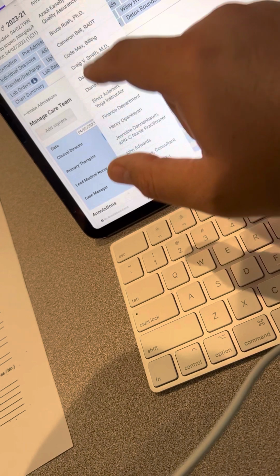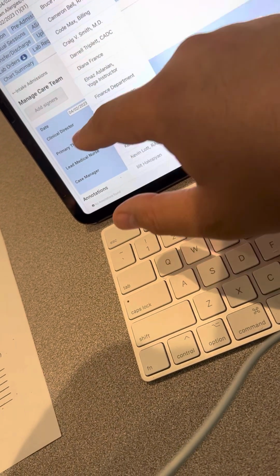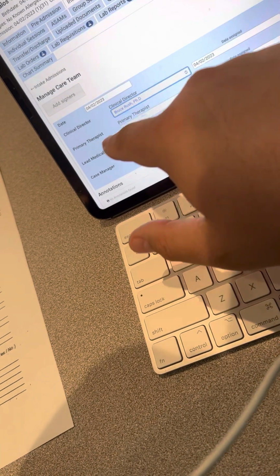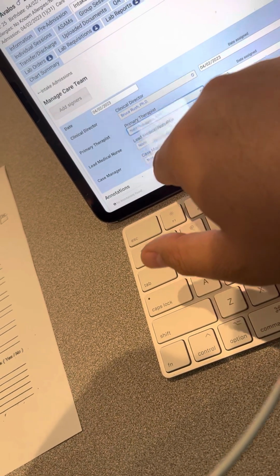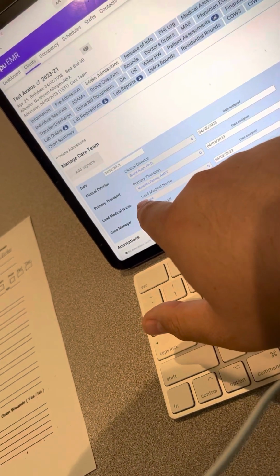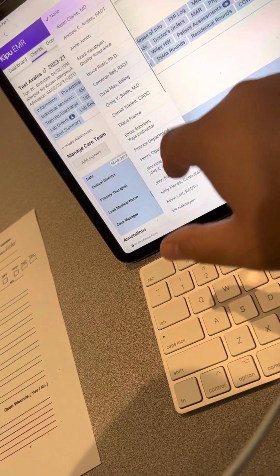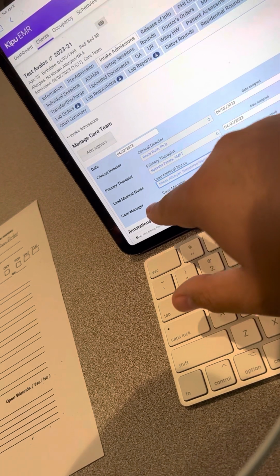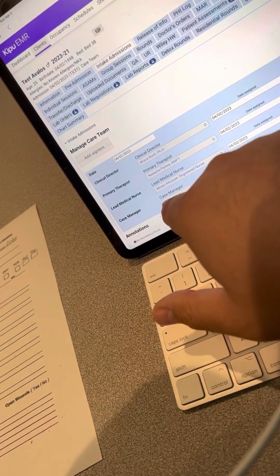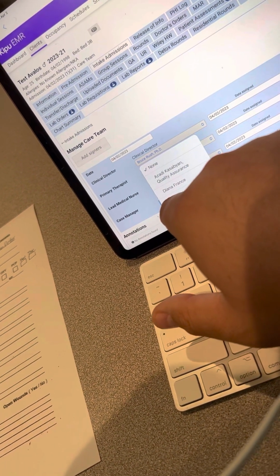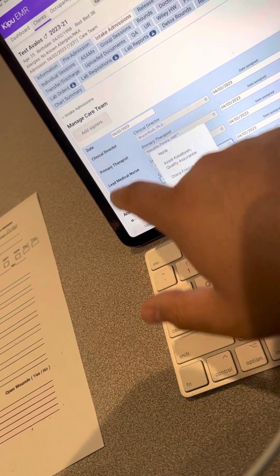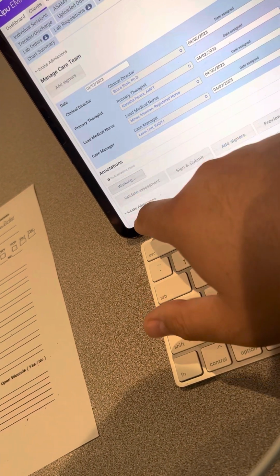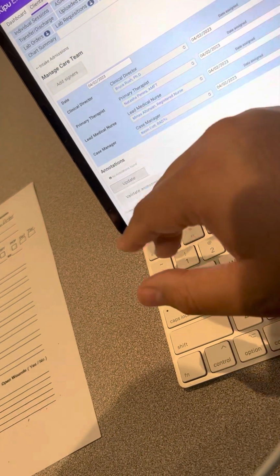Clinical director is going to be Bruce Rush. Primary therapist is going to be Natasha. Lead medical nurse is going to be Minas. Case manager is going to be Kevin Lott. So these are the ones you're going to put for the managed care team. This is all under intake. So